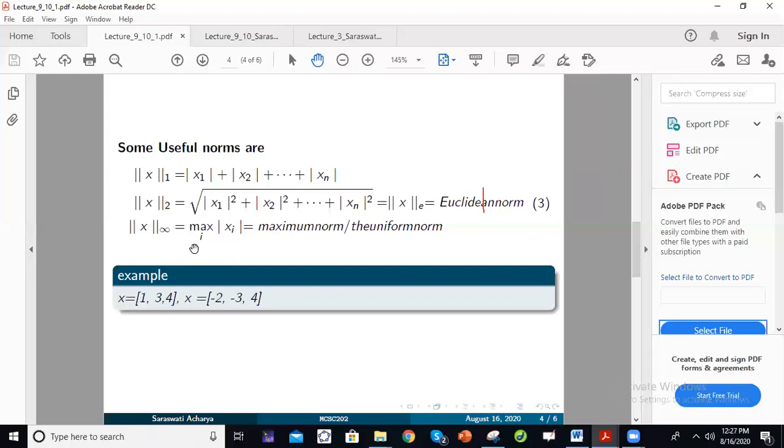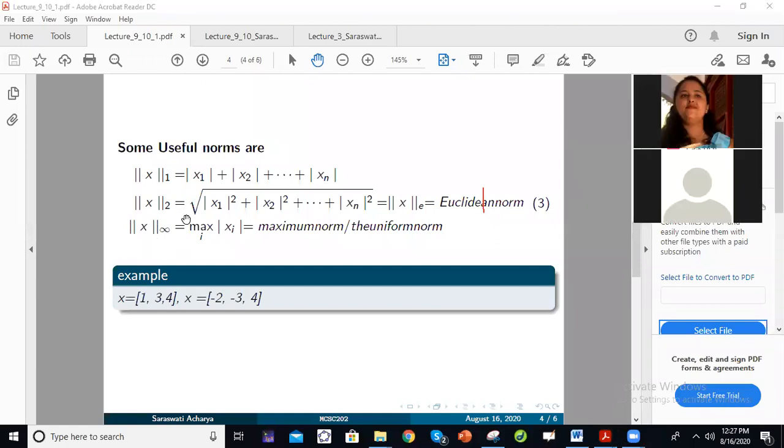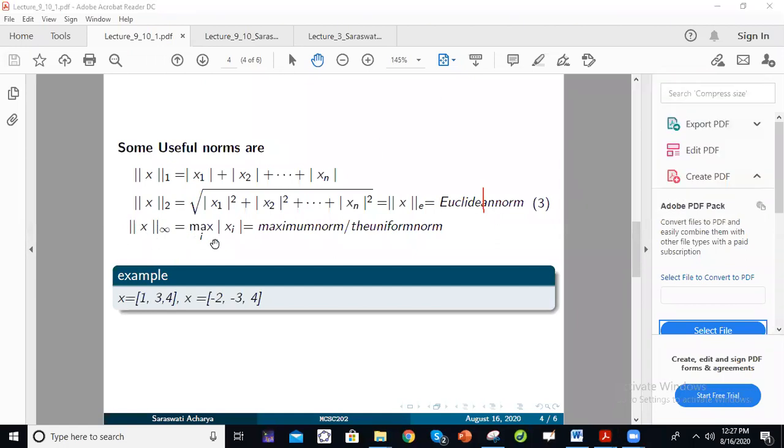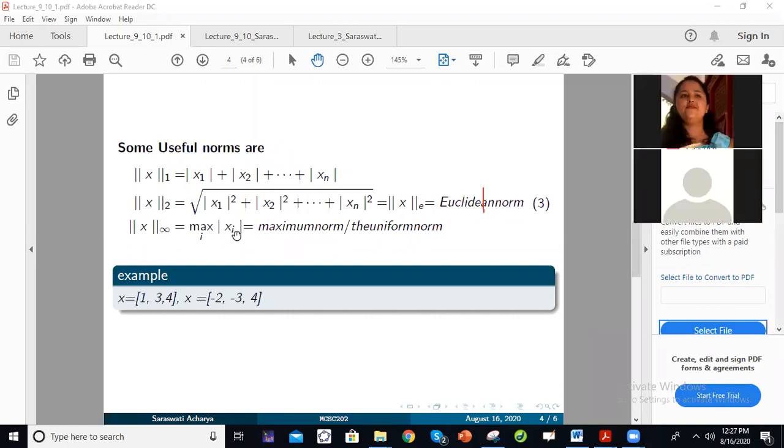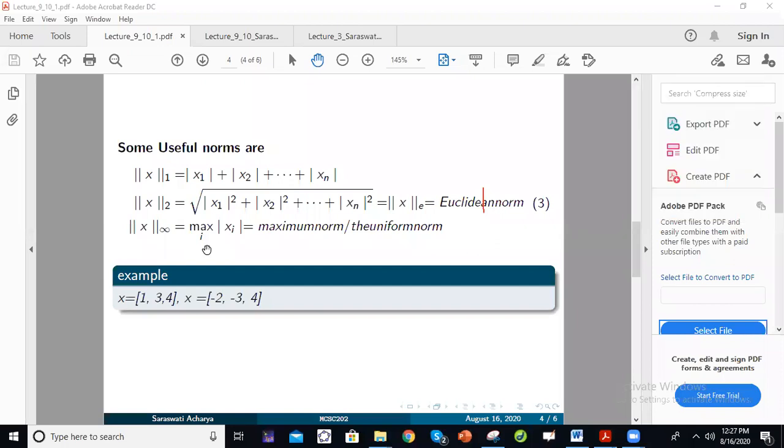We have another norm, the maximum norm or uniform norm. See here, the uniform norm equals the maximum of the absolute value of xi. I represents the row. Highlight this. If we have a vector x with x1, x2, x3,